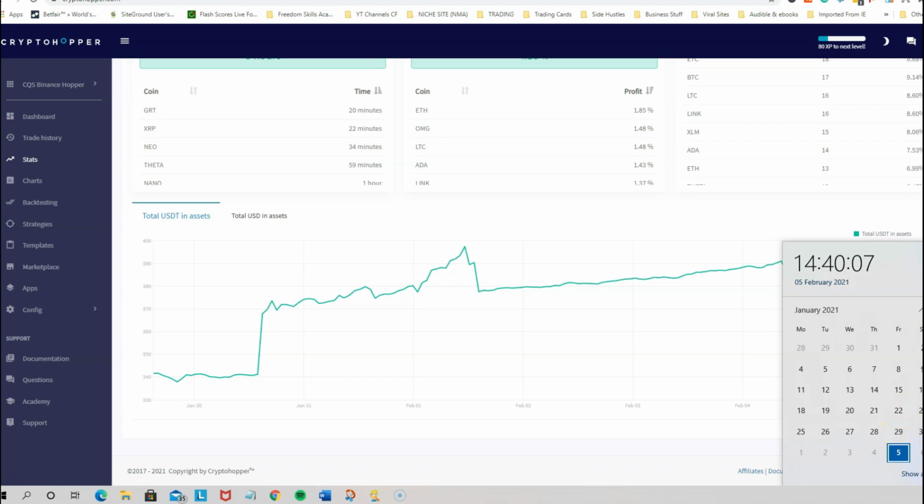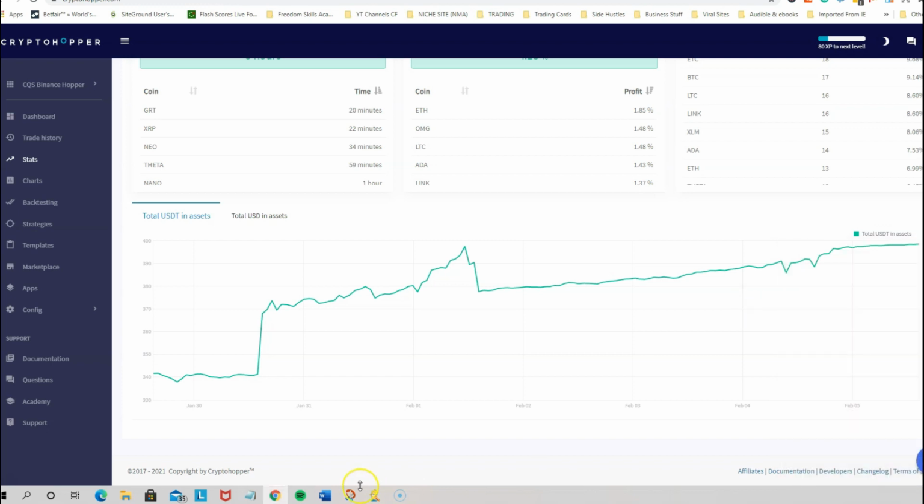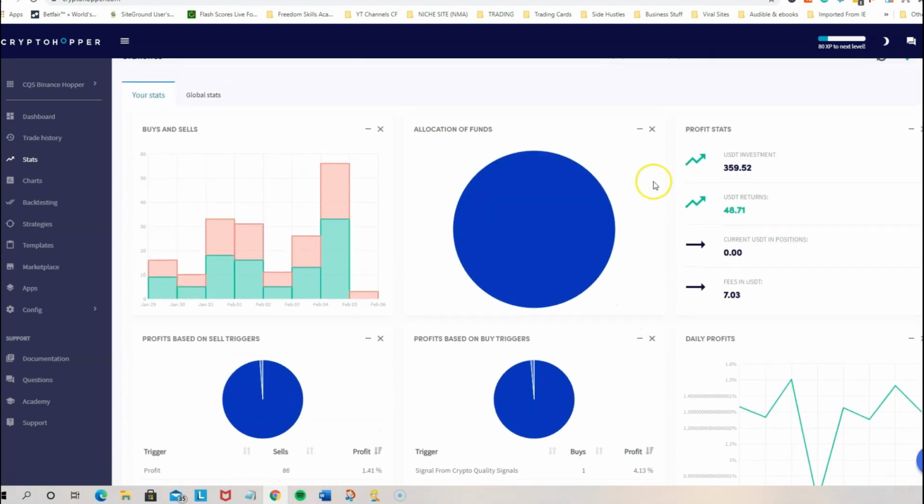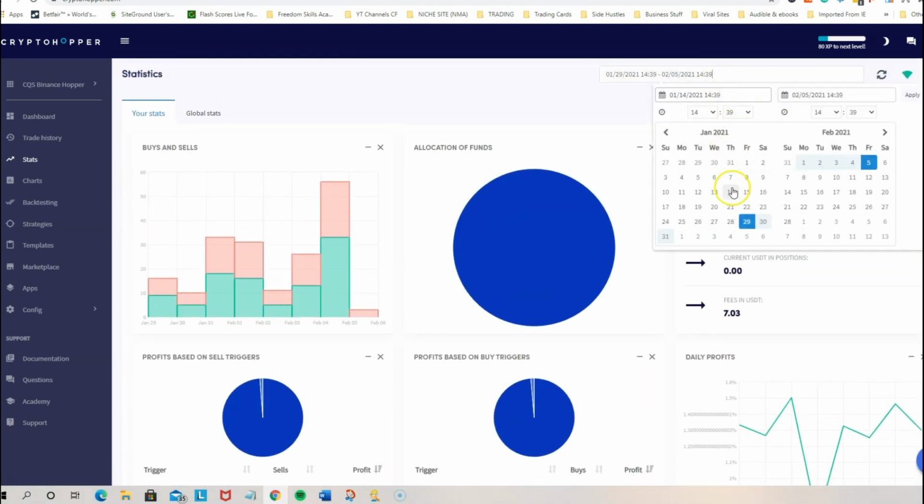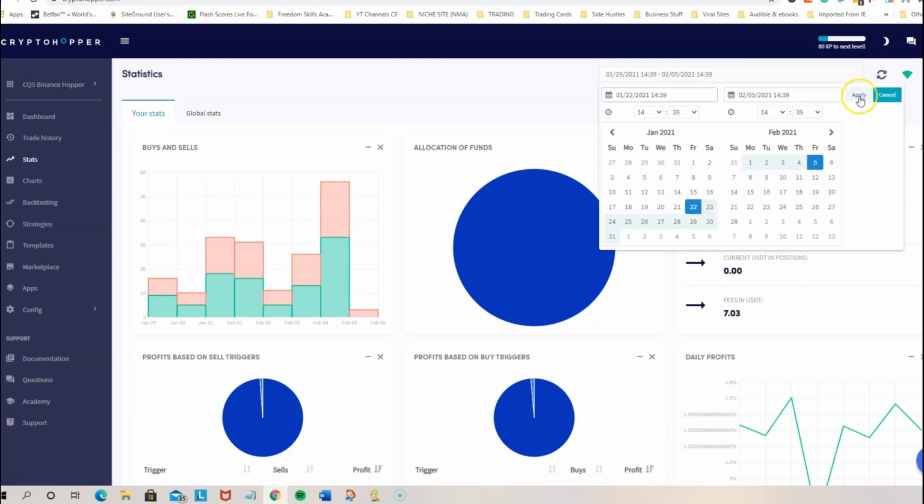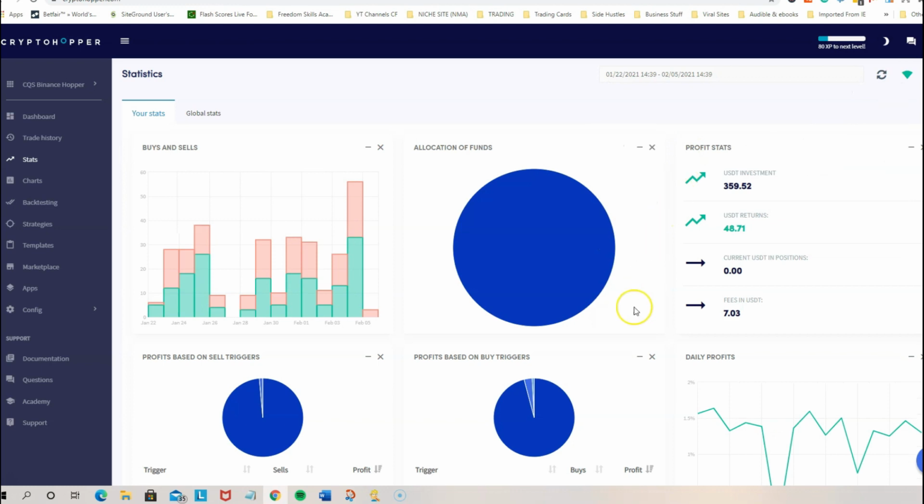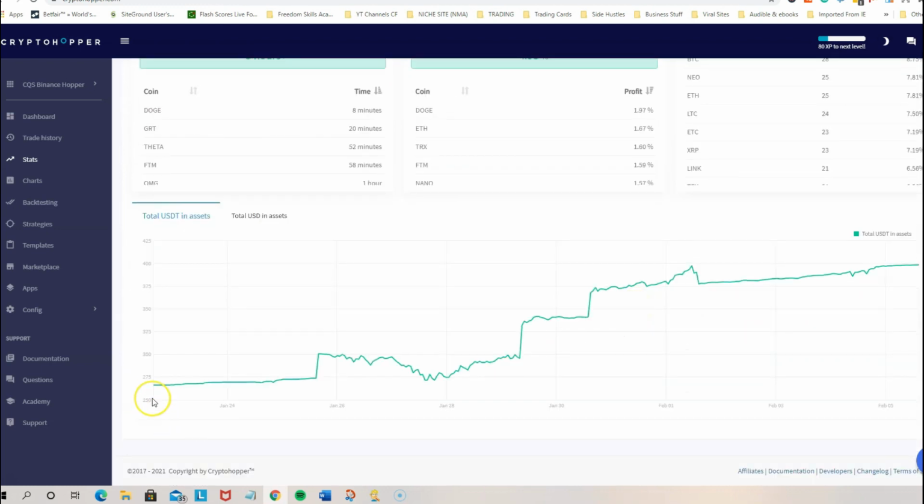That's not right. I think it was the 22nd. I don't know why that's... I'm wondering if it's more than that. Let's do 22nd to now. Yeah, there's where I joined. Okay, so 22nd is where I joined. So from the 22nd to now,